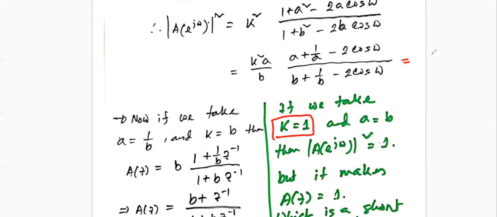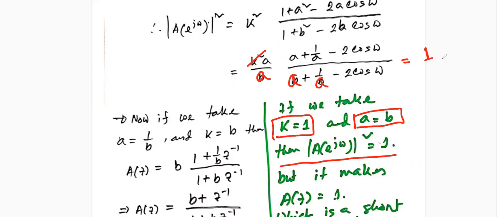So let's say k is equal to 1 and a is equal to b. In that case, of course, this is equal to 1. I am making that, so this is equal to 1 and a is equal to b. So b is replaced by a everywhere, and you can find that this is, of course, equal to 1. Very simple. But the problem is, in that case,